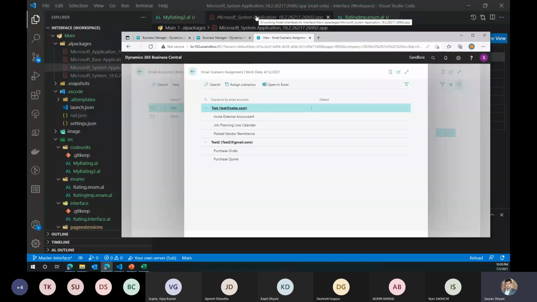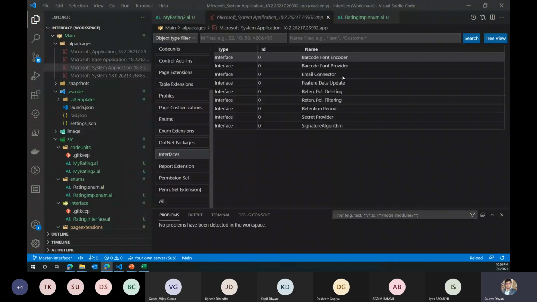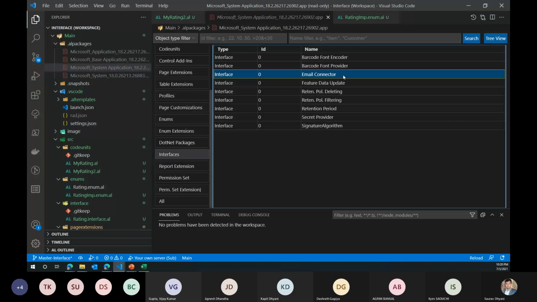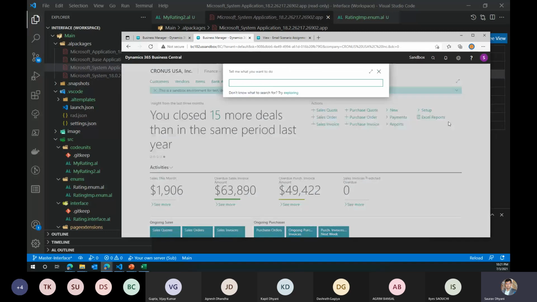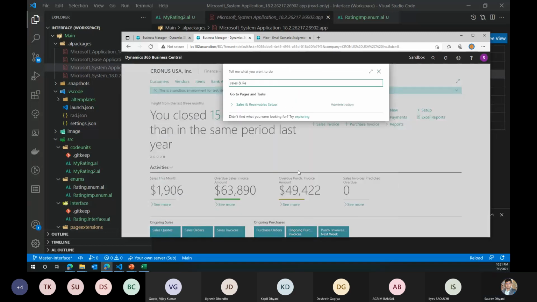Yeah, that might be a good thing to check. Is there a possibility that I can write my own email scenario? Because I'm pretty sure they haven't given an option for which implementation you're using. It's just implemented within this email connector interface, but it doesn't have a setup like we just built for our test case, where we have an option on our sales and receivable setup. That setup is not available, at least for the email,